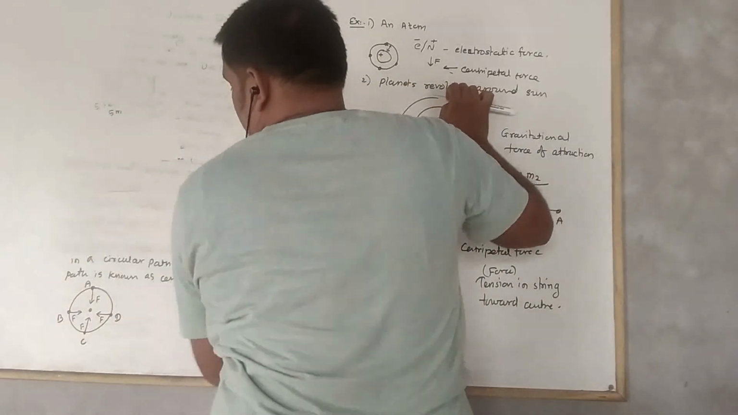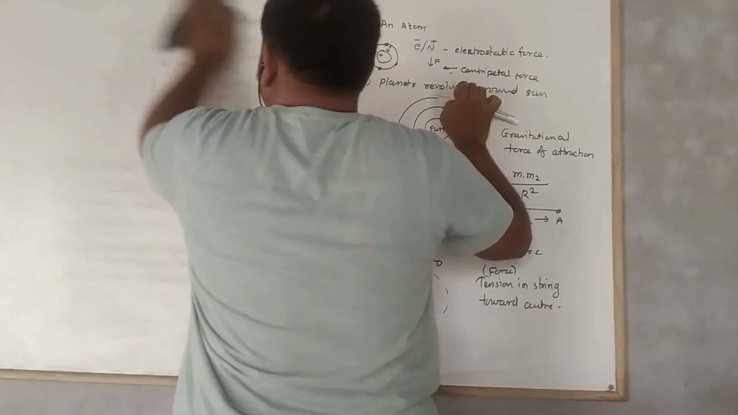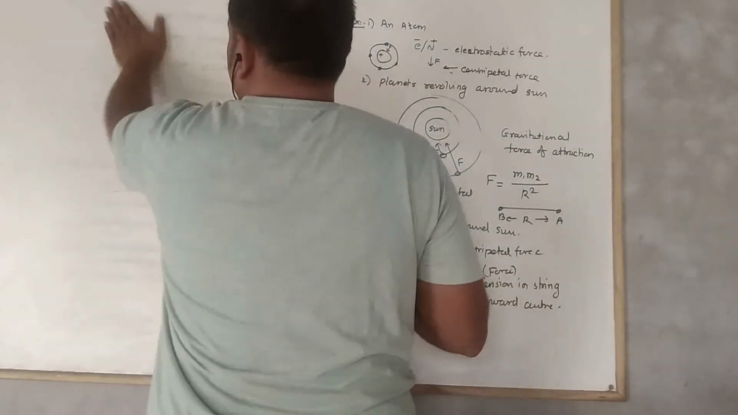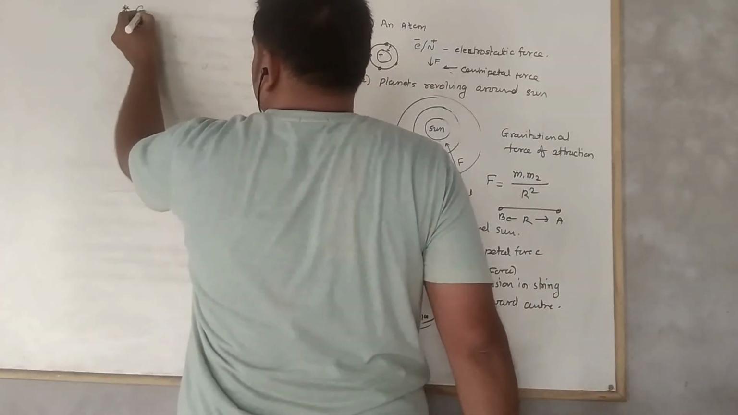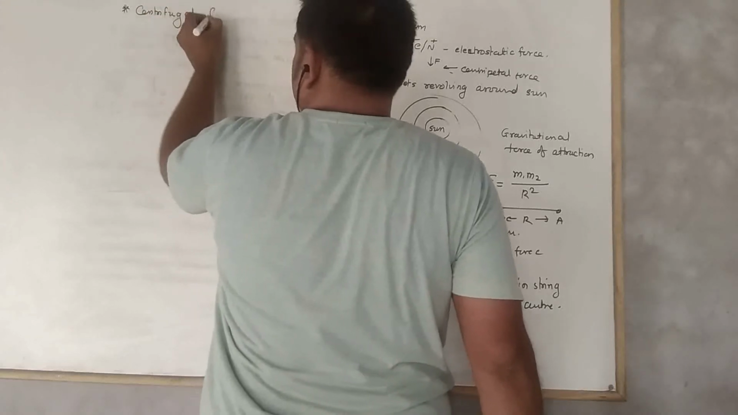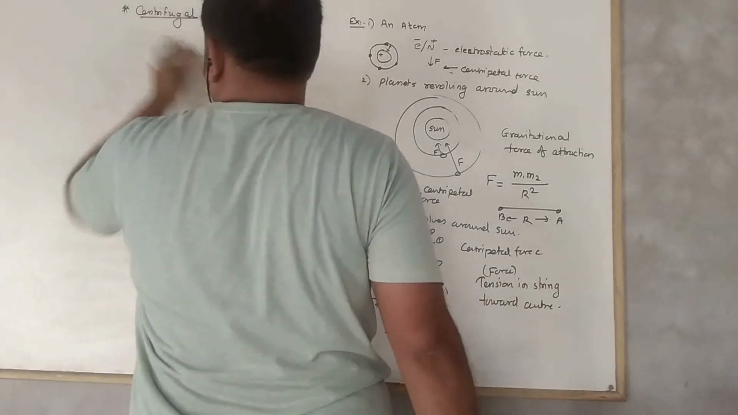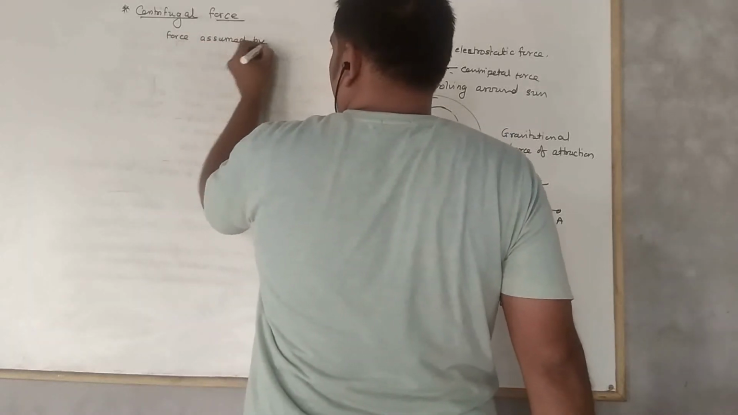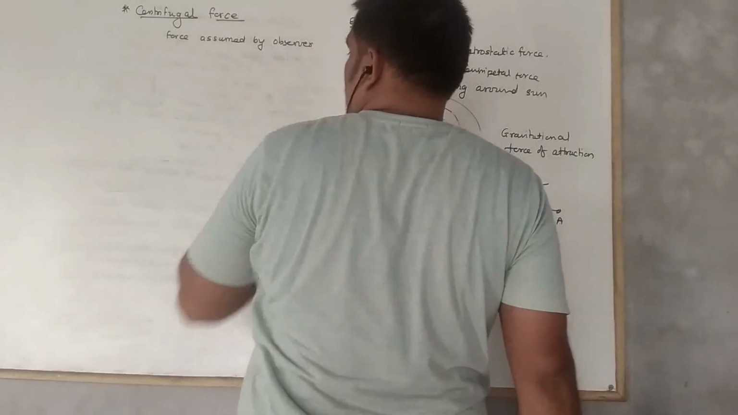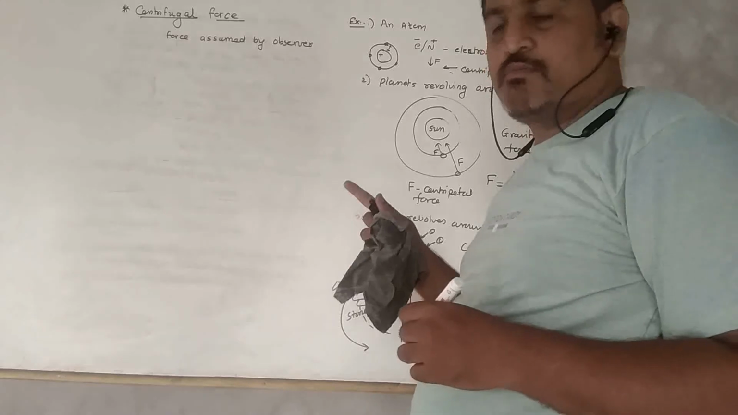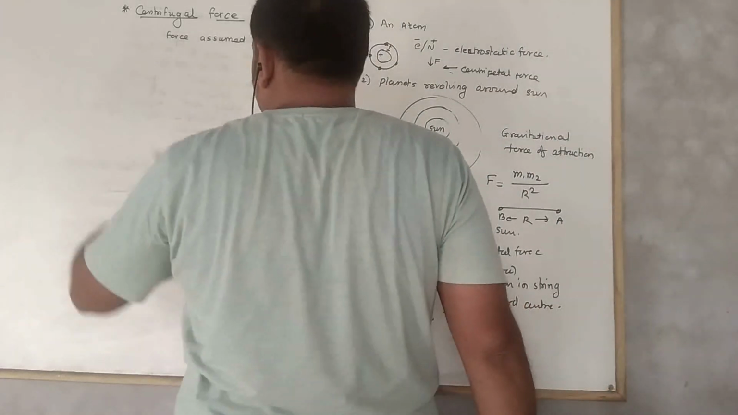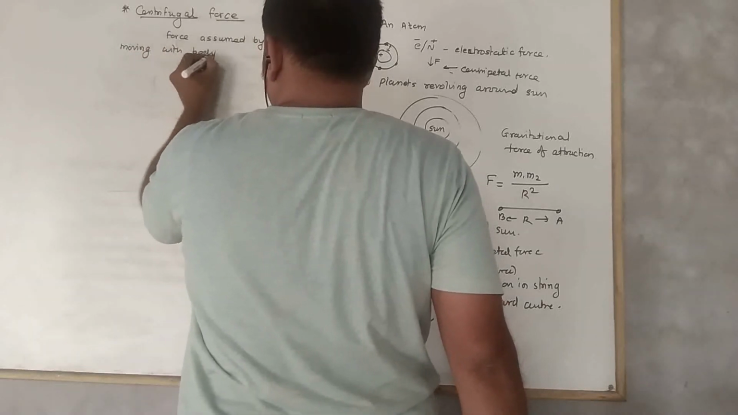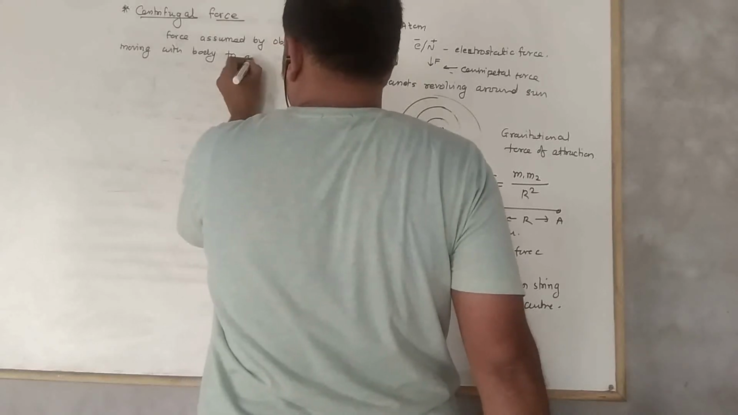Now, let's see another type of force, which is observed by the person who is moving with the body, right? And that is the centrifugal force. Okay, what does centrifugal force mean? This is a force observed by an observer, or assumed by an observer moving with the body, to act on the body